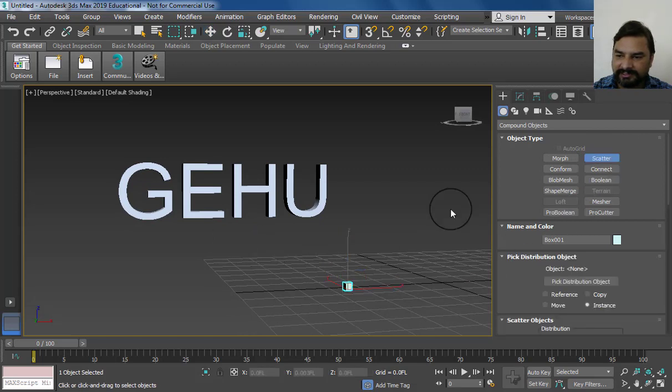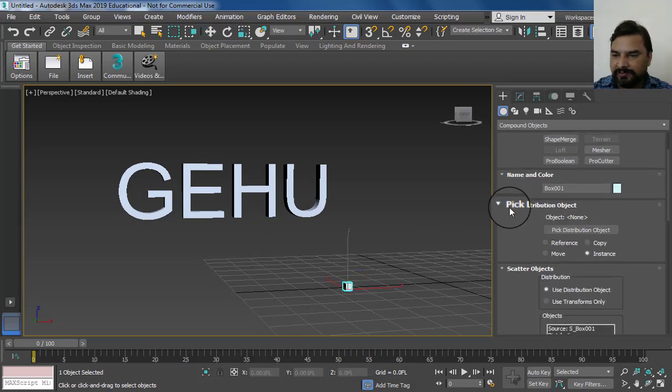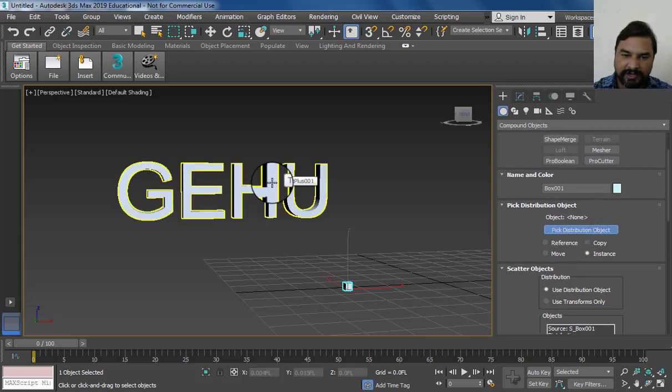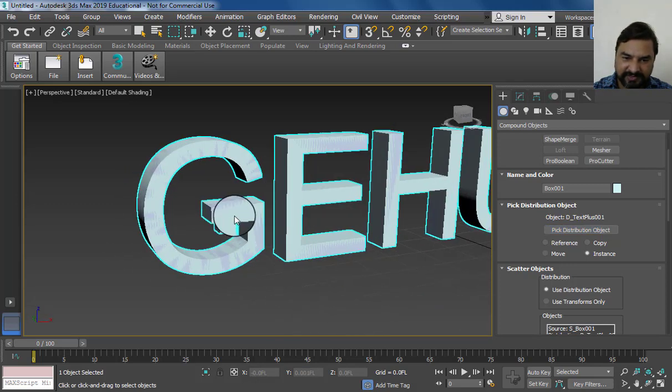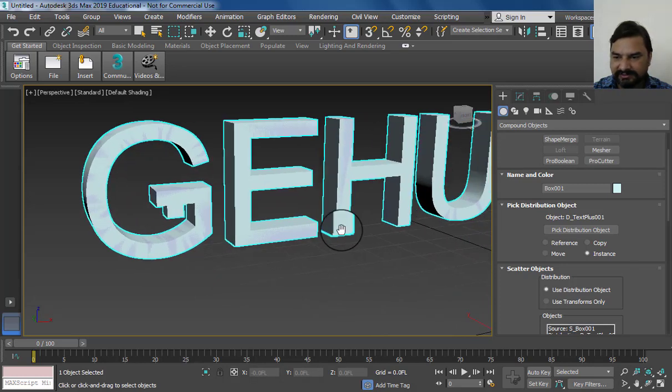Select Scatter, then Pick Distribution Object. Select this and go to the text and select it. When we select the text, our object is applied to the text.